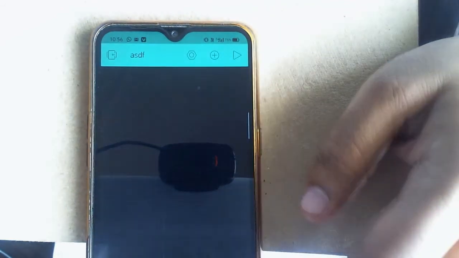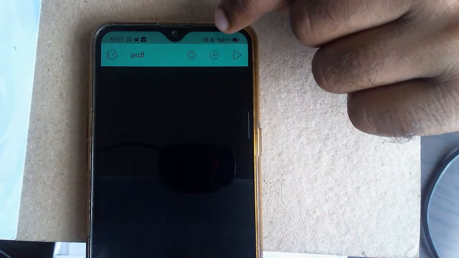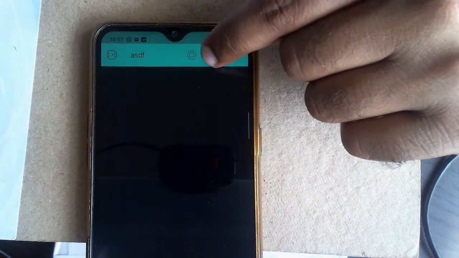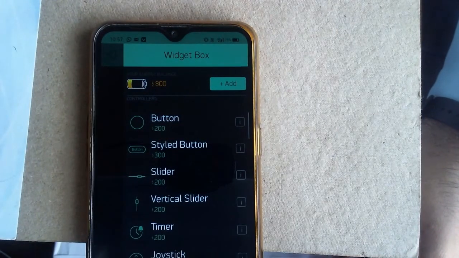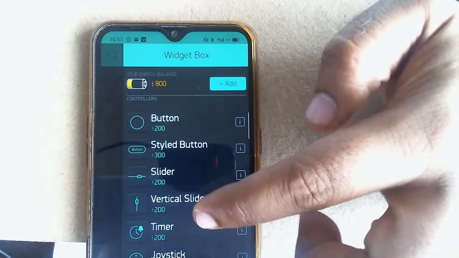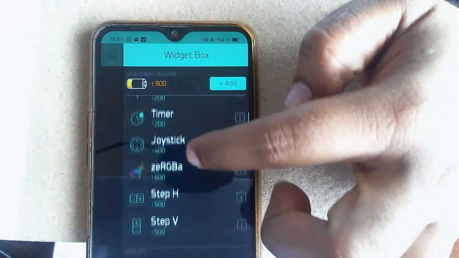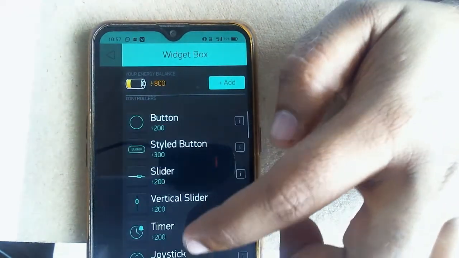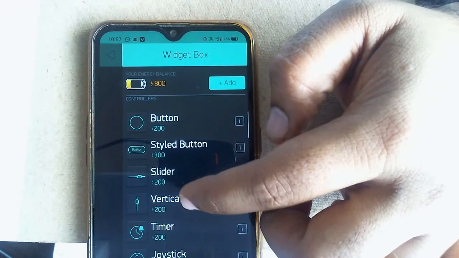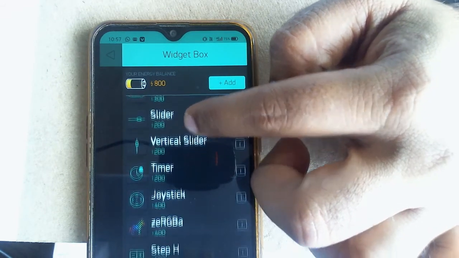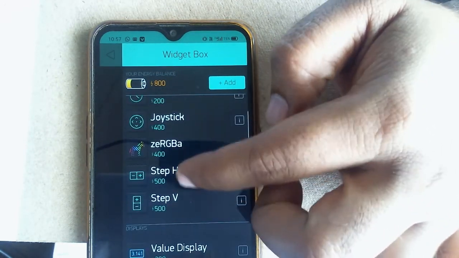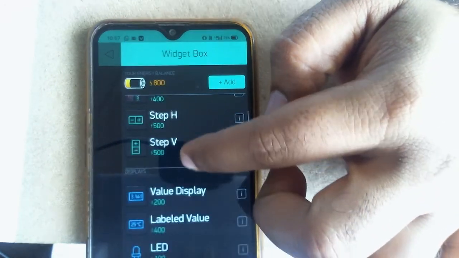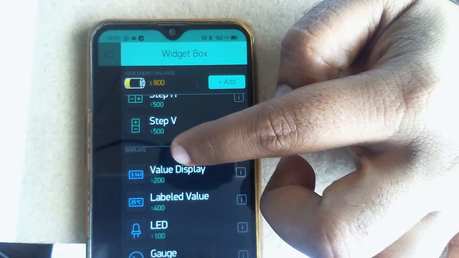Once you upload it, you need to click on this plus symbol. You will get multiple options, so select depending on your requirement. I need to fetch the real-time data of humidity and temperature, so I am interested in this value display.